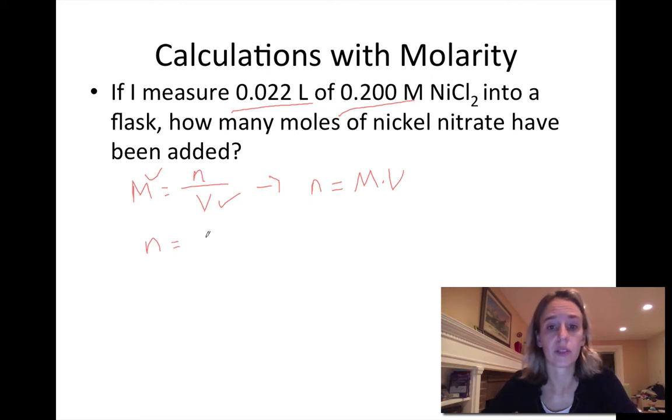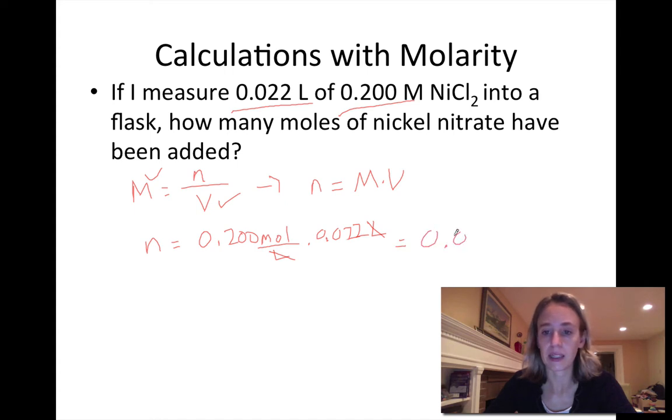The number of moles is equal to 0.200. And when I use molarity, rather than writing the capital M, which would be correct, I like to express it as what that unit really is, and that's moles per liter. That will allow me to cancel out my units and know that I'm doing everything correctly. So I multiply that by 0.022 liters, and I can see now that my liters are going to cancel out, and that'll give me moles. That will give me 0.0044 moles